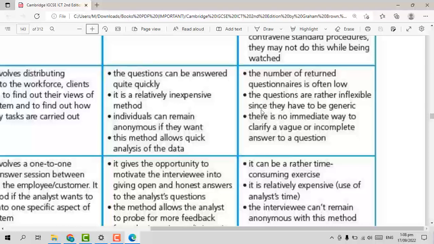Usually in a questionnaire, we ask yes or no questions, or we ask, could you evaluate the food, for example, from 1 star to 5 stars? So you only have to tick which star exactly that food deserves. So the questionnaires are generic